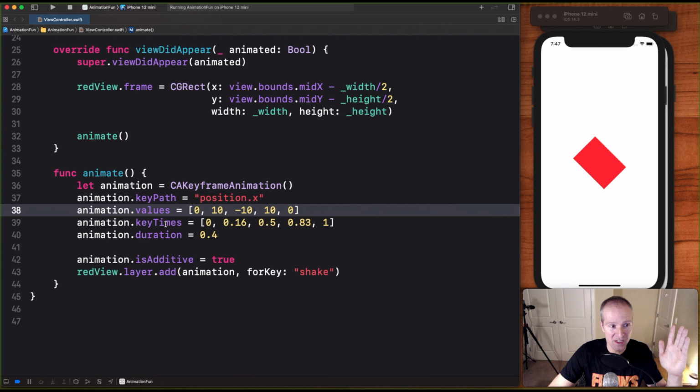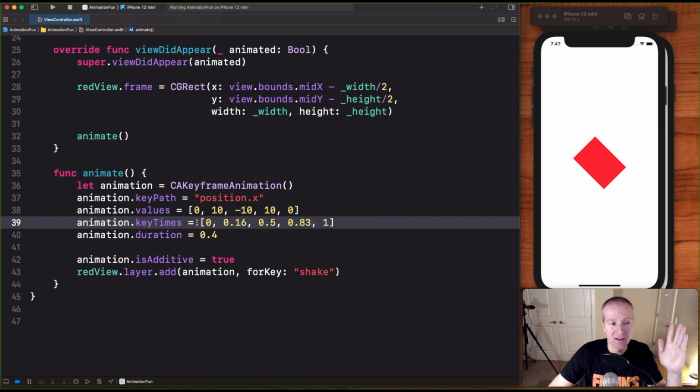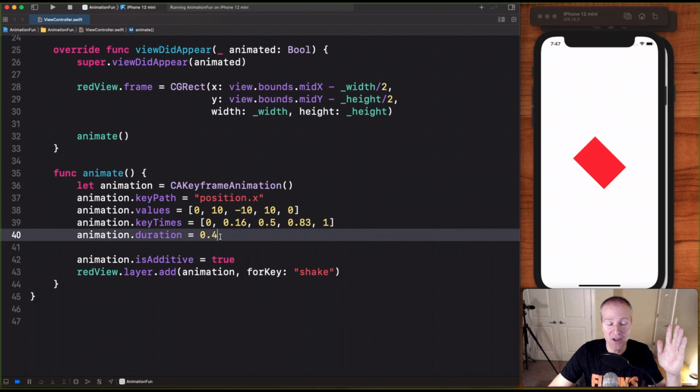Those are the values. And then our key times are here. In seconds, we're specifying at the 0 second, we'd like it to be here. At 0.16, we'd like it to be here. Half a second here, 8.3. And that's what's going to make it shake back and forth at these relative times with the duration of 0.4